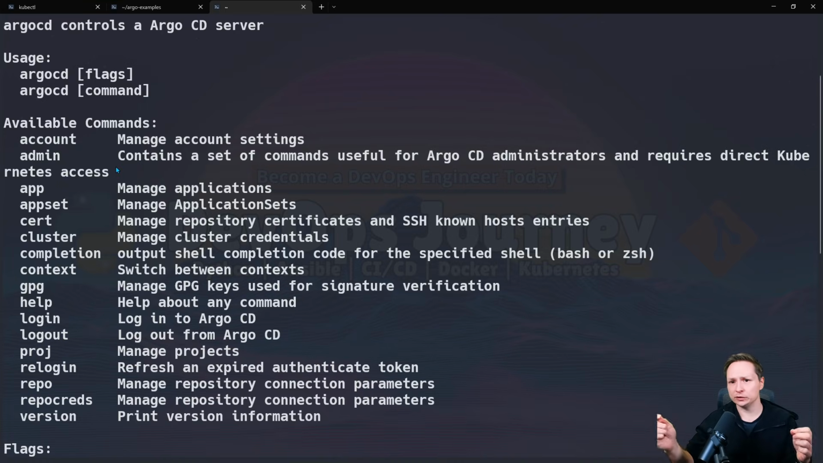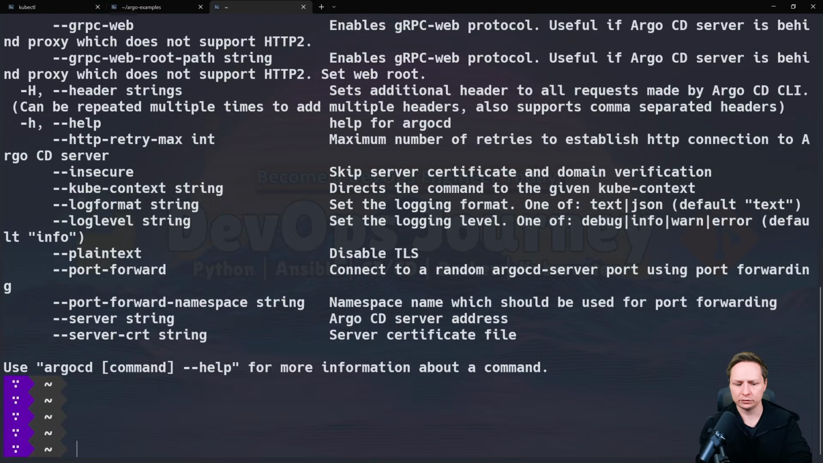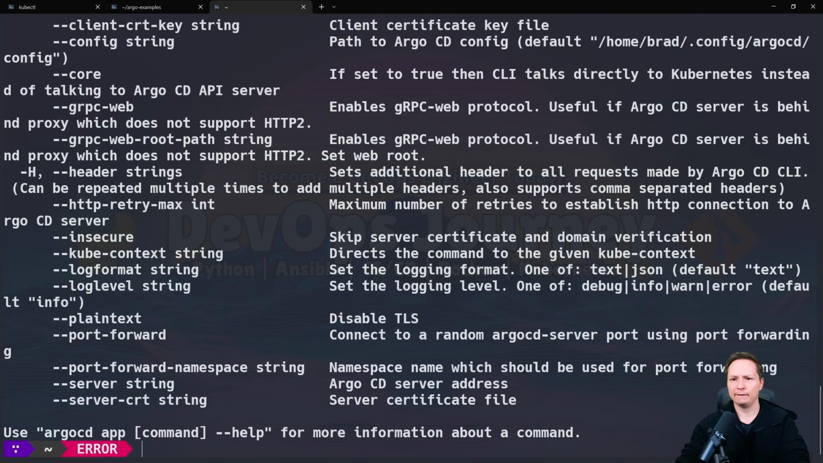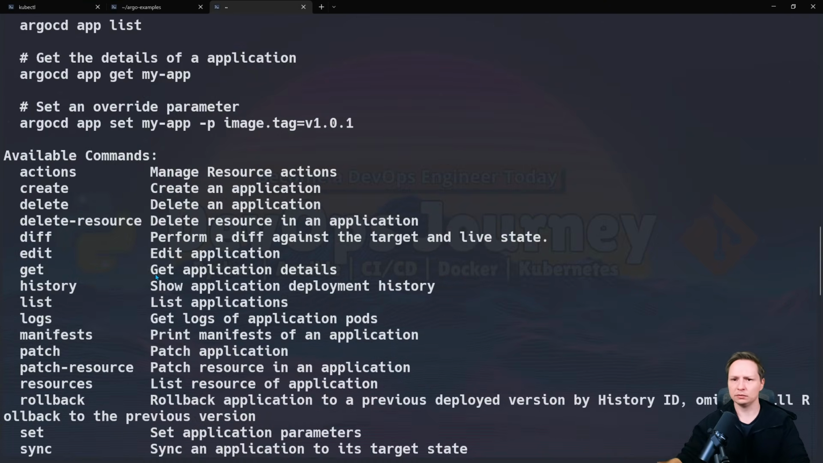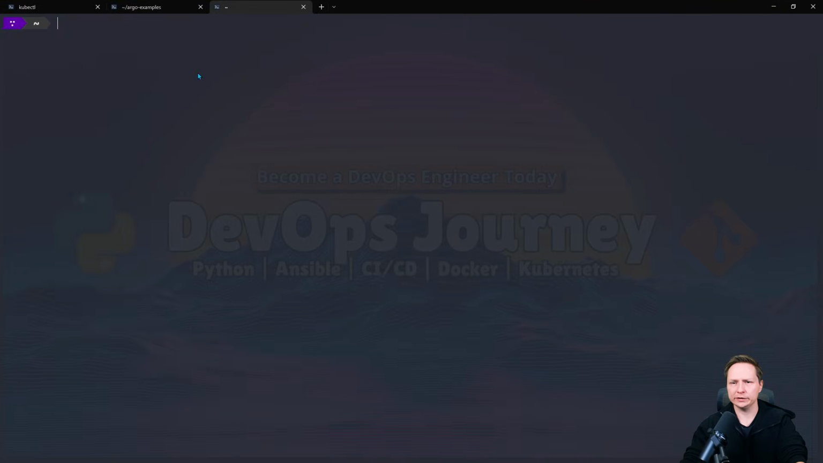The one that you're going to be using the most is the argocd app command. So I'm going to run argocd app, and here you can see all the different argocd app commands, and they're all pretty self-explanatory, but I'll go over the most important ones here. So let's go ahead and just start running them. So I'm just going to do a little bit of resizing so you guys can read this, but it's argocd app list,